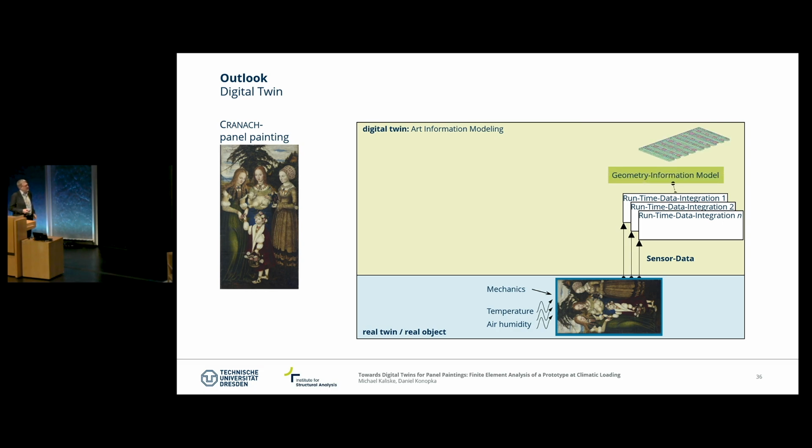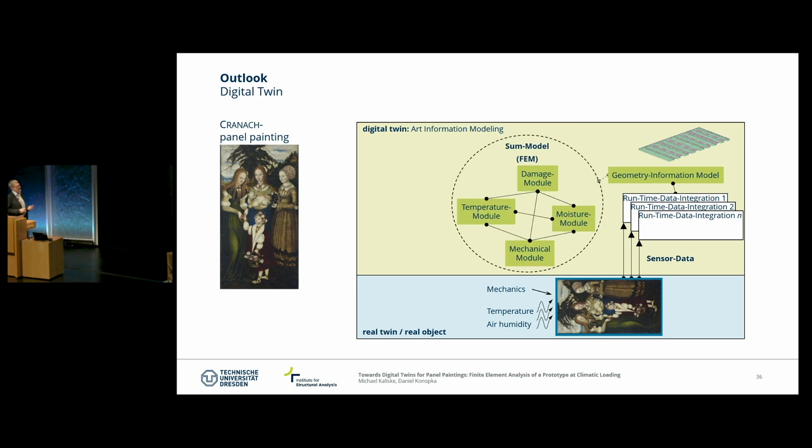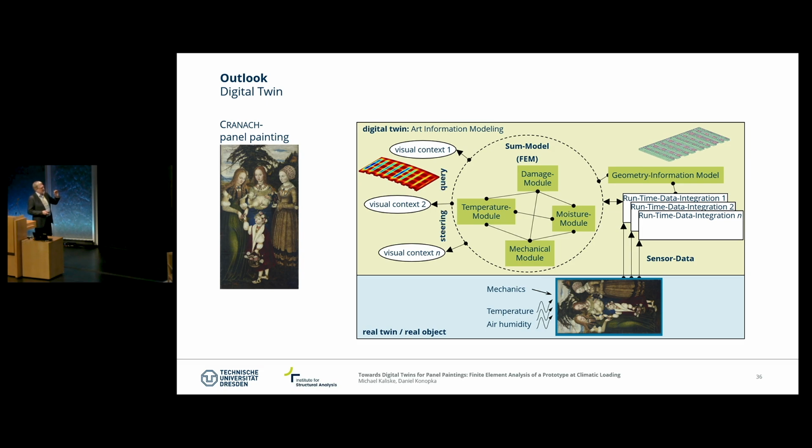That has to be used and combined with the information that we can get from our numerical simulations. We have an ongoing process extracting that information from the reality, and the numerical models have to be in an ongoing sense updated, and that's exactly what we call twinning. And this twinning has to go on while we are observing and monitoring our reality. And then we can draw our conclusions from the digital twin, which is then used in order to steer the reality. Now we can steer, for example, the climate in the museum.